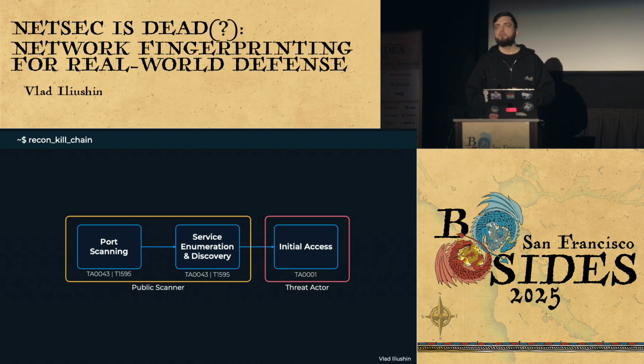Who here uses IP blocking, just out of curiosity? Okay, the same people. Who here uses fingerprinting blocking, or blocking based on the network fingerprints? Okay, amazing. Please find me after the talk. So